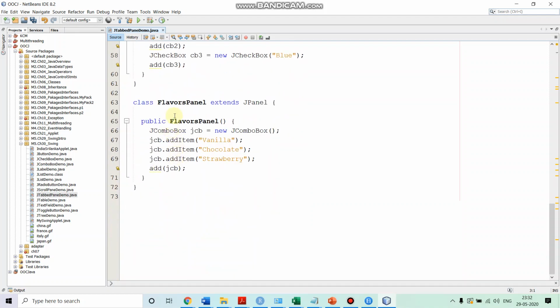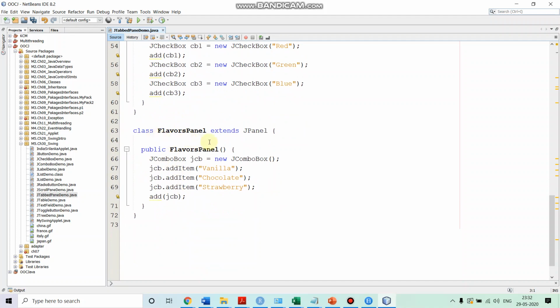After that we create the class FlowersPanel. This extends JPanel. In the constructor we create one combo box object, jcb, and in this combo box we add 3 items, 3 flavors: vanilla, chocolate and strawberry. So we created the combo box, and we are adding this combo box to our flowers panel.